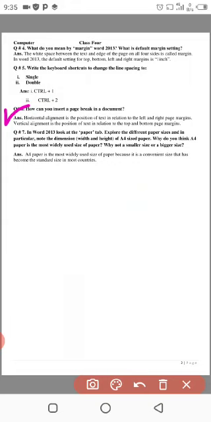Horizontal alignment is the position of the text in relation to the left and right page margins. Vertical alignment is the position of text in relation to the top and bottom page margins. Here are the two alignment options: horizontal alignment and vertical alignment.